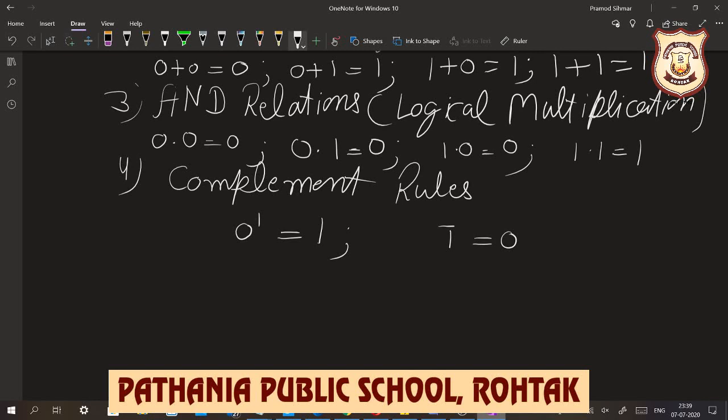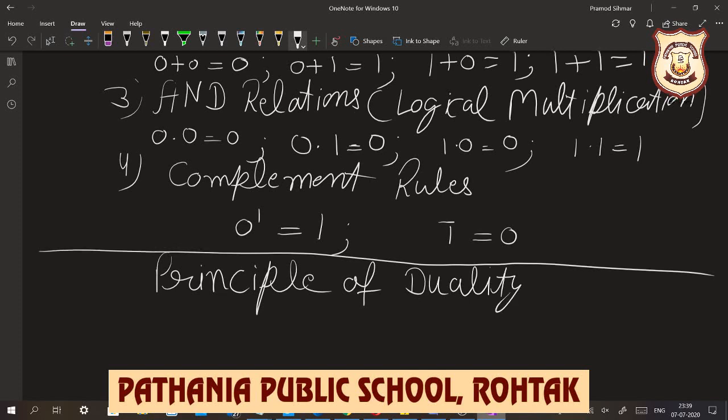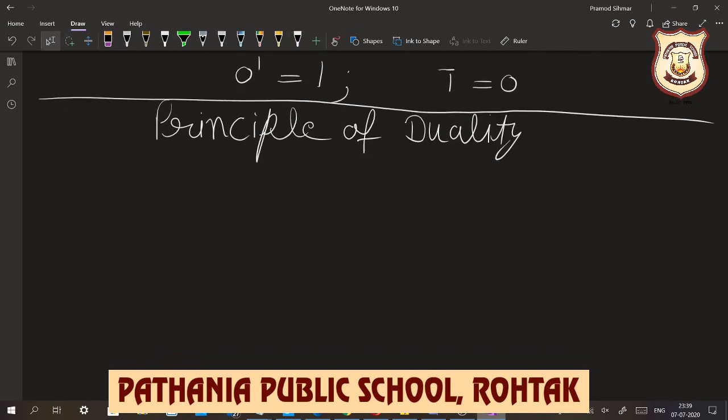Now we learn the principle of duality. This is a very important principle used in Boolean logic. This states that starting with a Boolean relation, another Boolean relation can be derived by, number one,